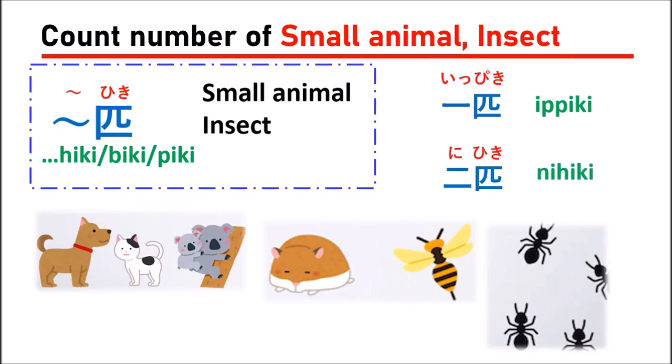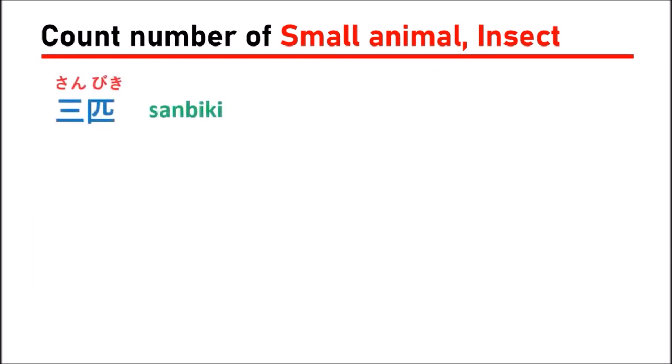When you use ippiki with a dog, it means one dog. If you use nihiki with a cat, it means two cats, something like this. And from now we are going to learn counting by using the unit hiki. Sanbiki, sanbiki,